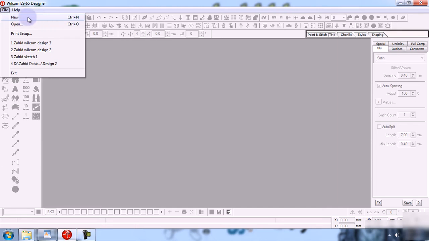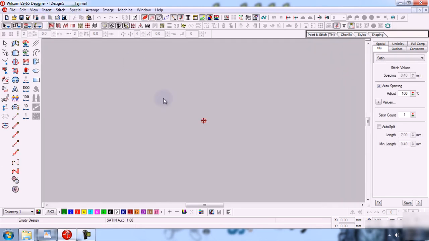So I will click here. As I click and create a new project, you can see that all the functions are available now, and the other menu also. So in this way you can create any type of new project.